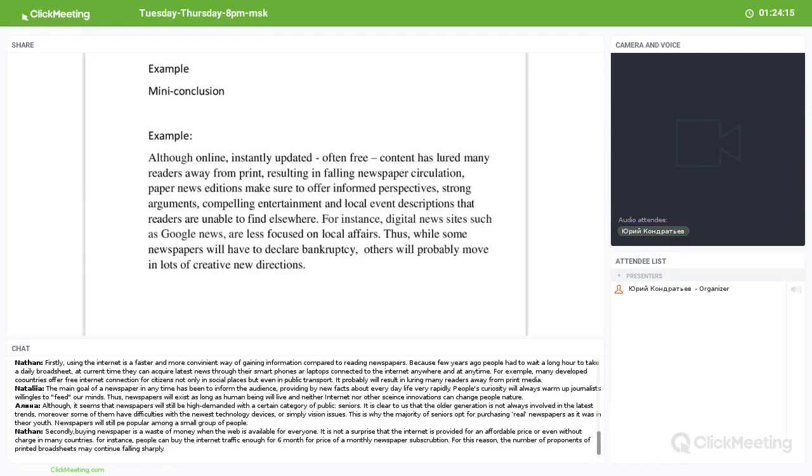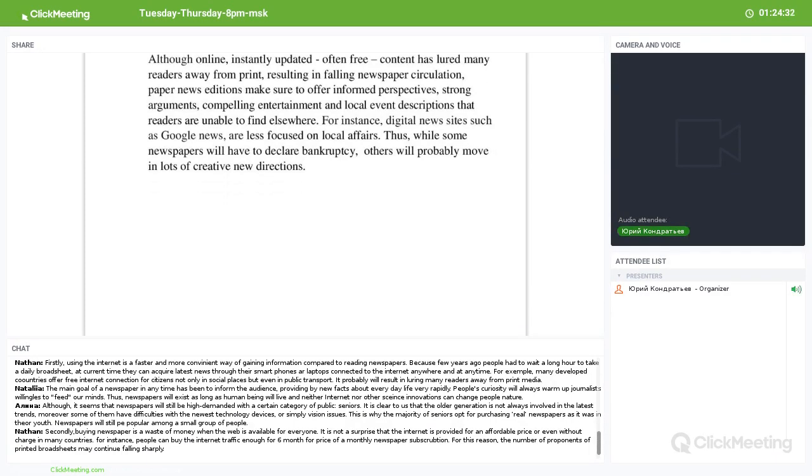For this reason, the number of proponents of printed broadsheets may continue to fall sharply, may continue. Here it's better to, an infinitive sounds more natural here. Okay, so if you still have any other examples of the second paragraph, please feel free to copy it in the chat. I will give you some